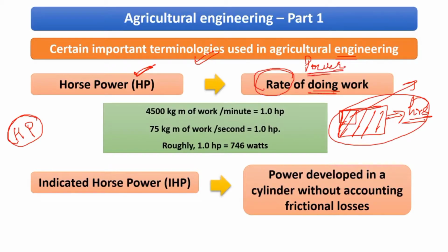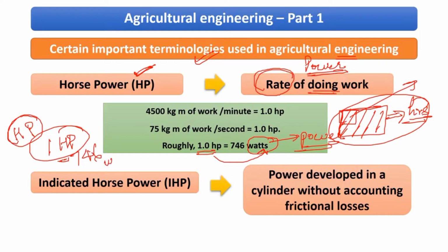Okay, so when I say horsepower, I can also indicate this in terms of watts. Okay, watts is a unit of power that is usually used. Okay, so whenever we are indicating any tractor driven equipment or something, we are going to talk about how much horsepower is required. Okay, so you need to know that 1 horsepower, if I ask you to convert this into watts, you will say 1 horsepower is roughly equal to 746 watts. Okay, fine.